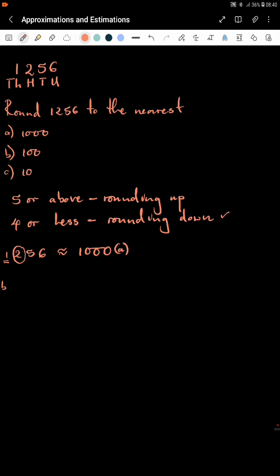Okay, and part B says you are rounding off 1256 to the nearest 100. So 100 is this one, and the digit that determines whether you're rounding up or rounding down is always to the right of that number. So here we've got 5, and 5 means you are rounding up. So if you are rounding up, it means you're going to the next 100 above 200, which means your answer is going to be